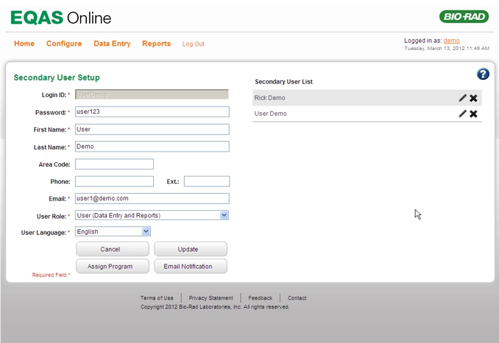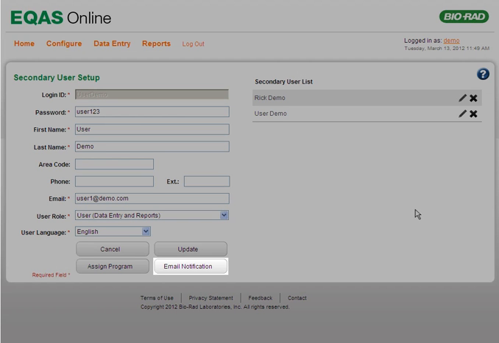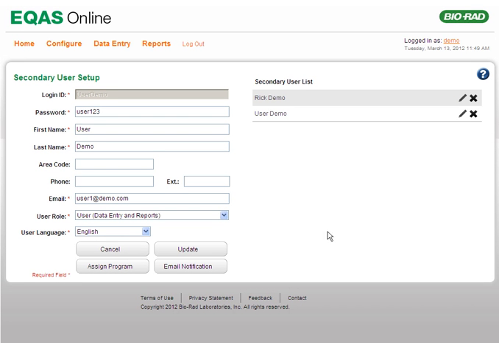By default, secondary users will receive email notifications for all the assigned eQuas programs. These notifications can be used for reports that are available, closure of sample within specific days, and any other program communication. If you want to change the email notification settings, click the Email Notification button.